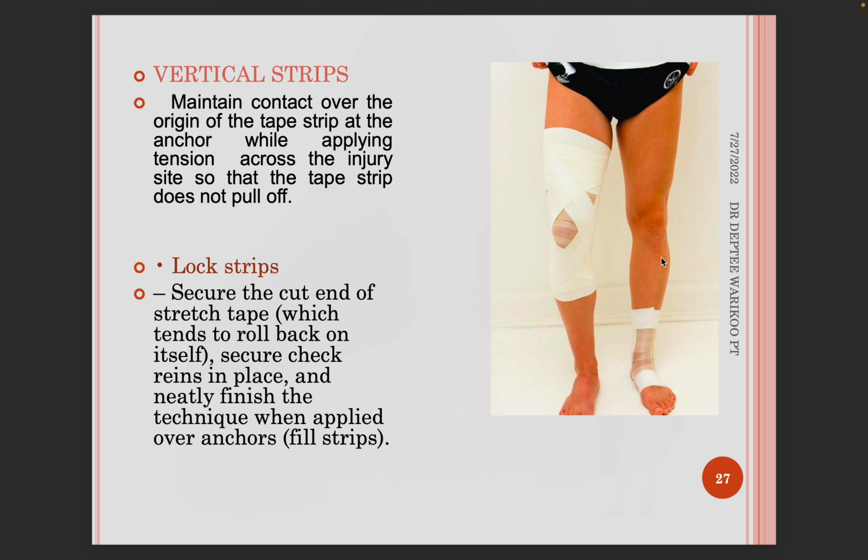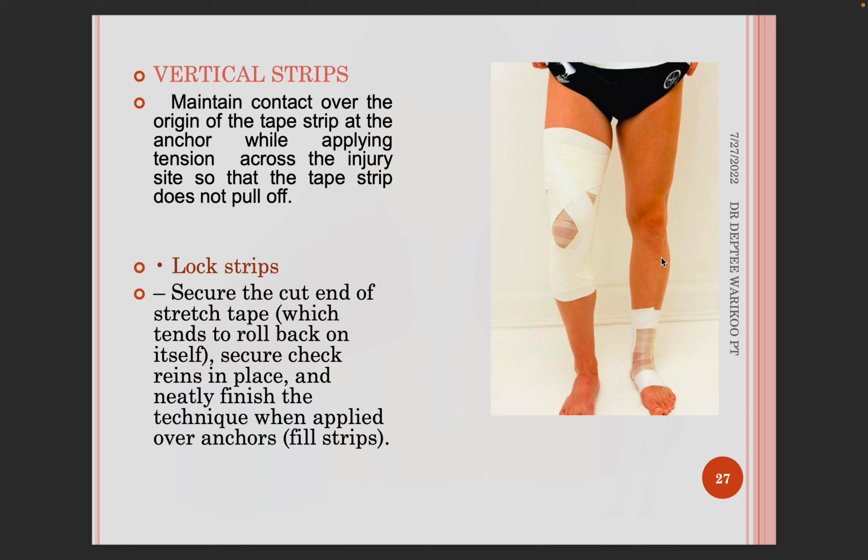Then are the lock stirrups. A non-elastic tape stirrup attached firmly to the underlying tape, reinforcing stabilization of the injured structure. The main purpose is to reinforce stability of the subtalar joint or other foot joints and the talocrural mainly, and allowing the functional movement at that time. The method is mainly to give strong tension applied at specific points in the application to reinforce the tape joint, to ensure that the selected ranges of motion are limited at the end of the range of motion to avoid overstressing